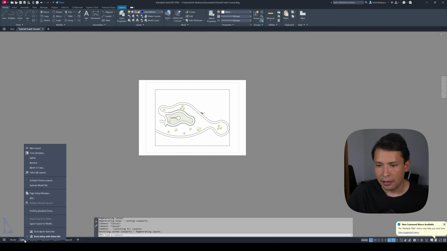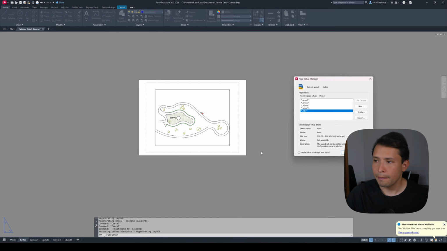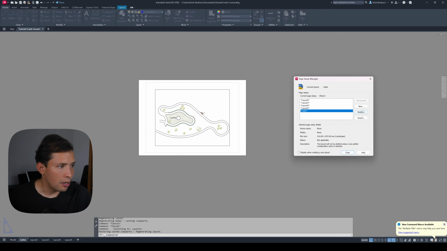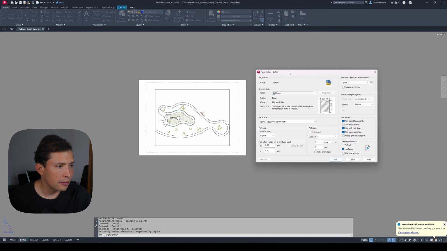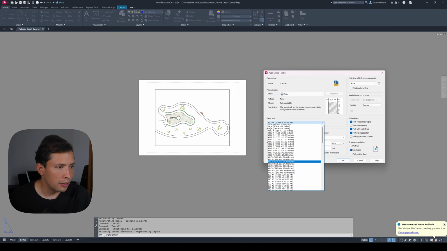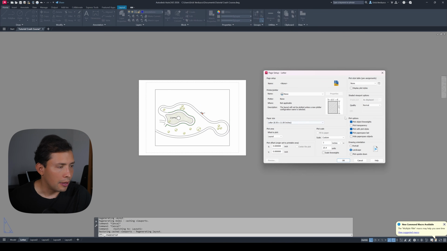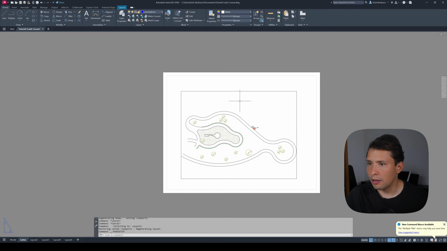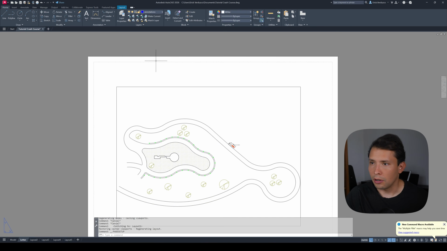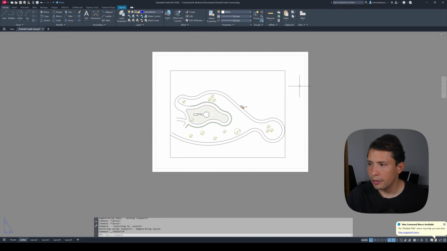Then if you right click here and then you go to page setup manager, then you can click on your letter layout, you can modify it, and you can select, for example, the type of paper that you want. In this case, I am going to select letter, and then you can say if it's going to be portrait or if it's going to be landscape. For this case, it's going to be landscape. You can change also the quality of printing to presentation maximum, which basically changes how it's going to be printed. And then you're going to click OK. So as you can see now, this is the edge margin of the letter size paper,